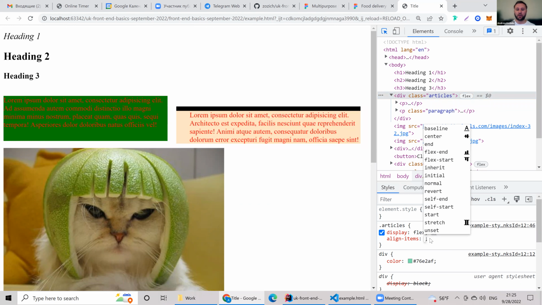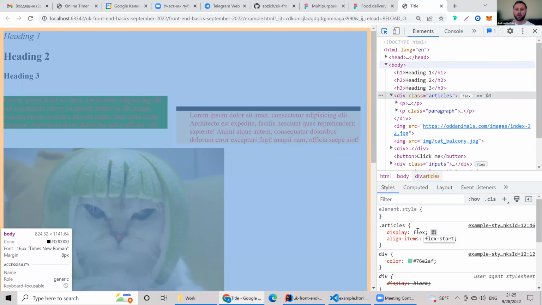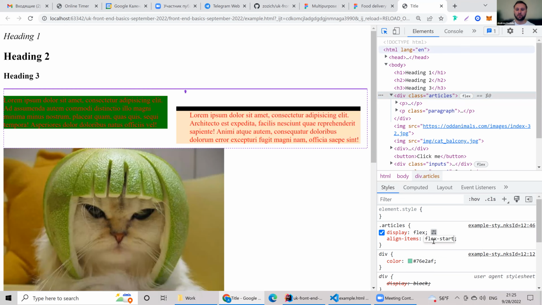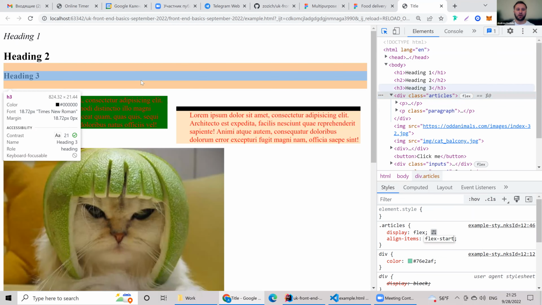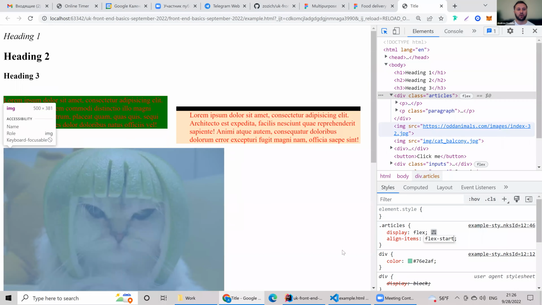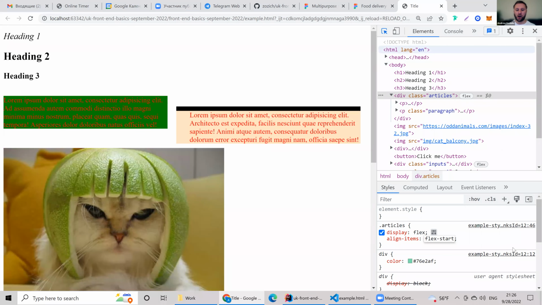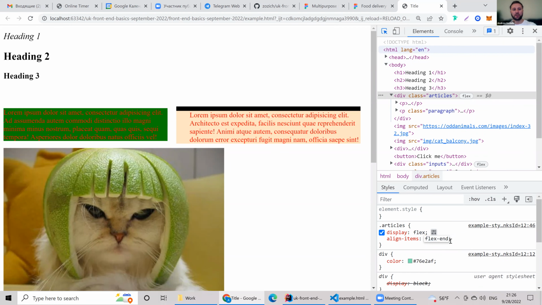If I change align items, for example, if I want both items to be on top, I can put the property called flex start. And here you can see some hints from the browser. When I put flex start, instead of stretching and instead of centering, the first paragraph went a little bit up. If I want to put it at the end, I can use flex end, and you see the paragraph went down